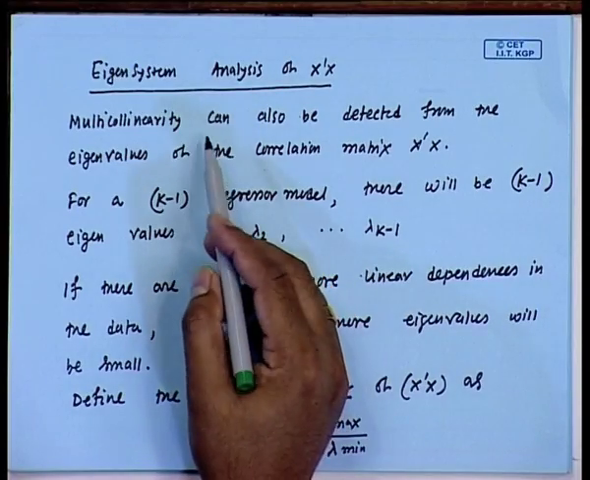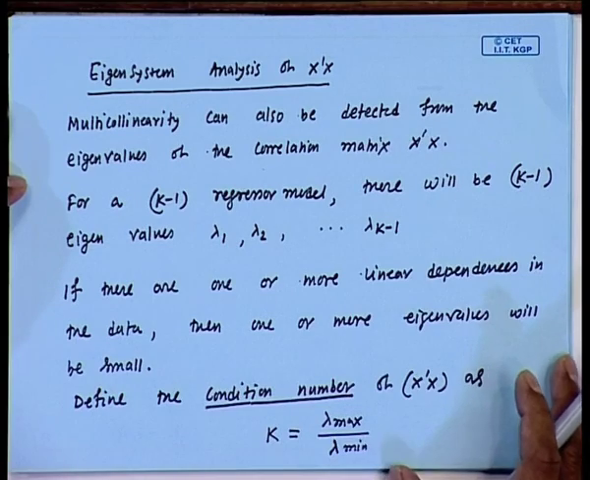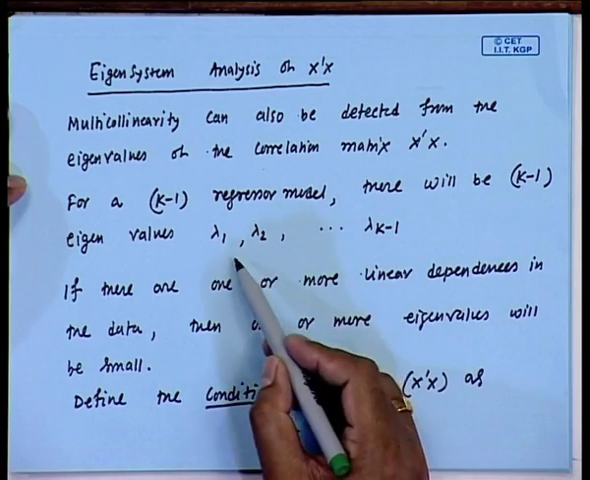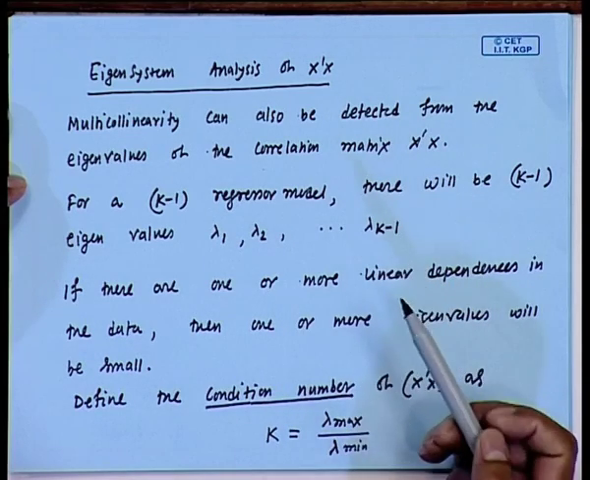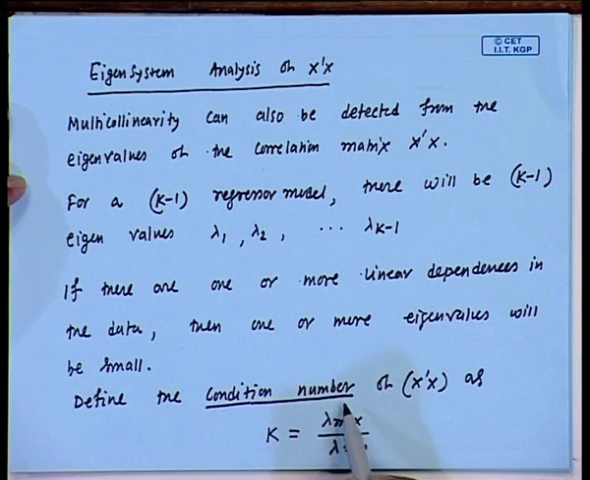We learned about examination of the correlation matrix, and also we learned about the eigensystem analysis of the X prime X matrix or the correlation matrix. So first I will recall the eigensystem analysis we learned in the previous class. What we do here is that we first compute the k minus 1 eigenvalues of the X prime X matrix, and then we compute the condition number, denoted by k, equal to lambda max by lambda minimum,